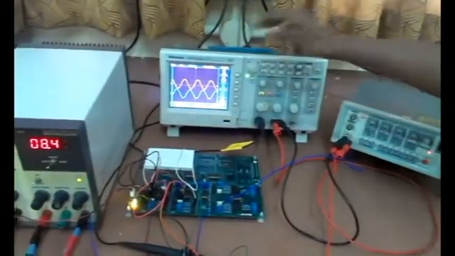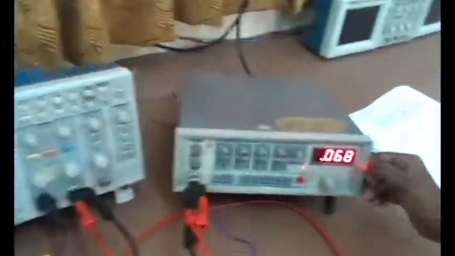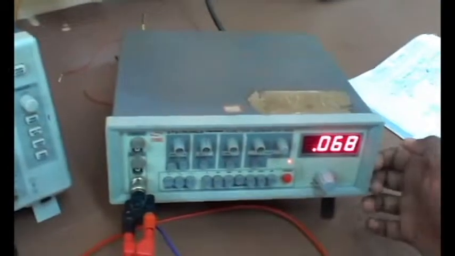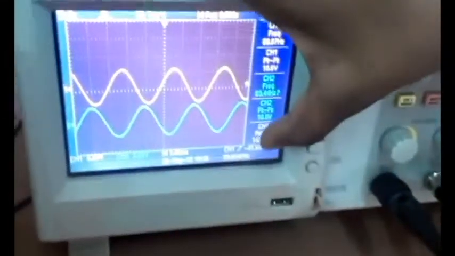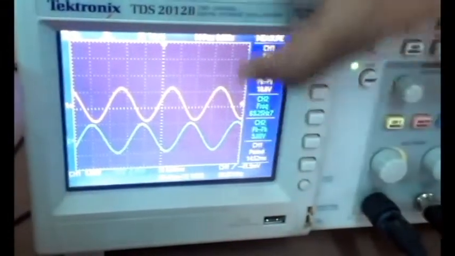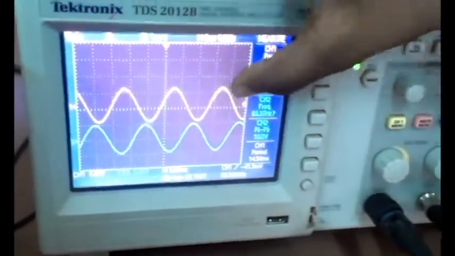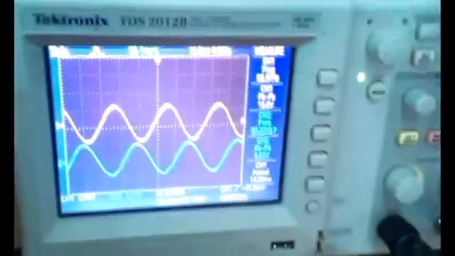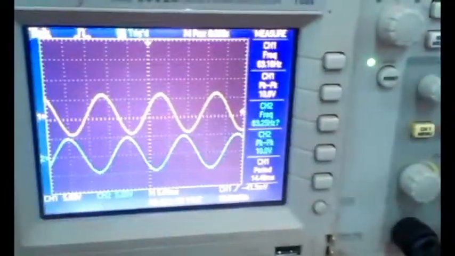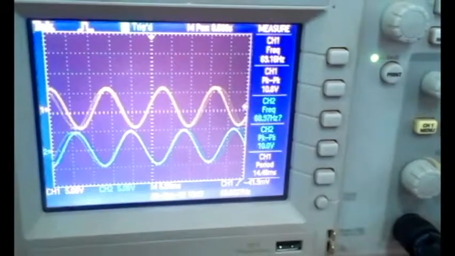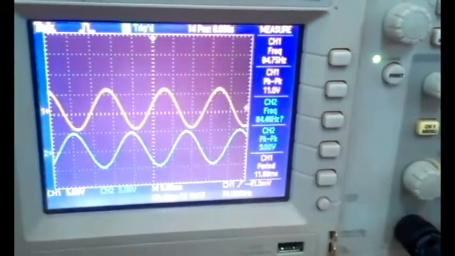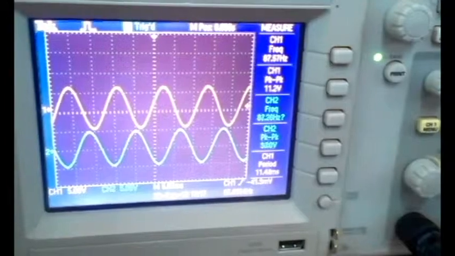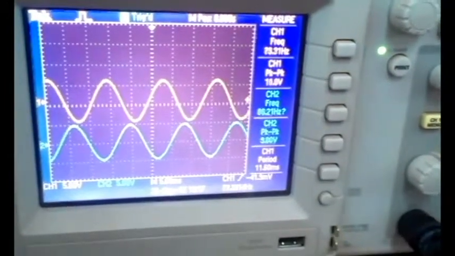As you can see, we're at very low frequencies, around 70 hertz. Our input wave is the blue one, and the output wave is the yellow one. Both of them look alike, the output is not attenuated at all. So on increasing the frequency to around 80 hertz, which corresponds to 500 radians per second,